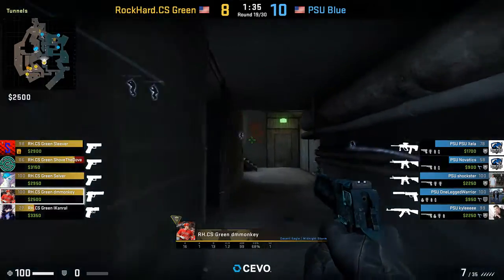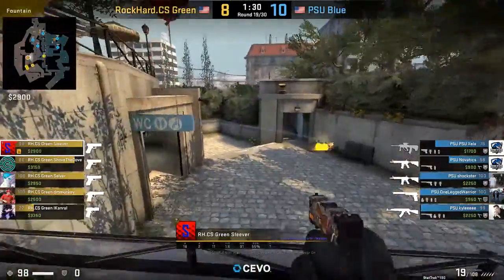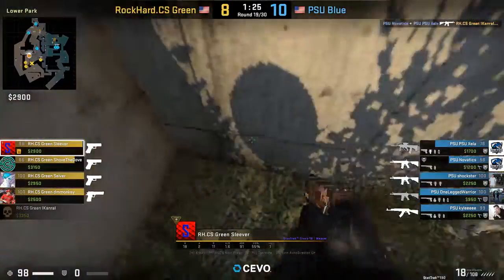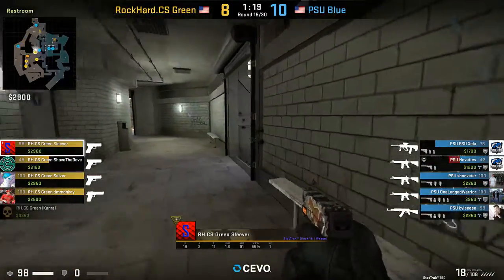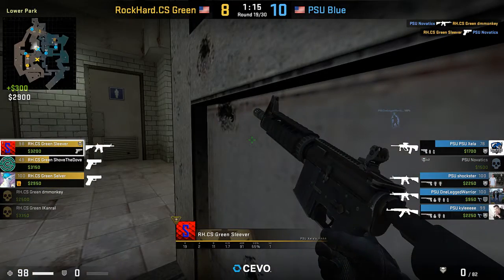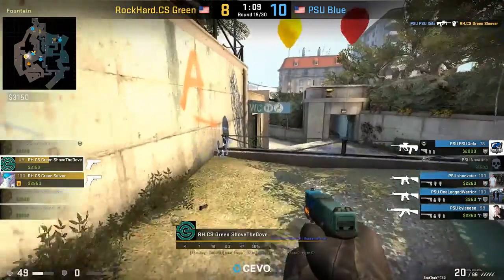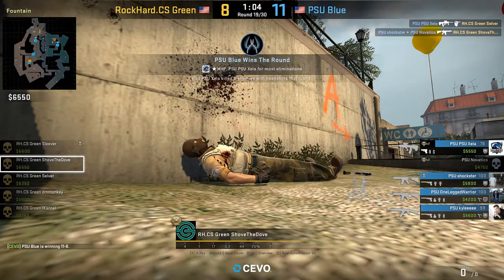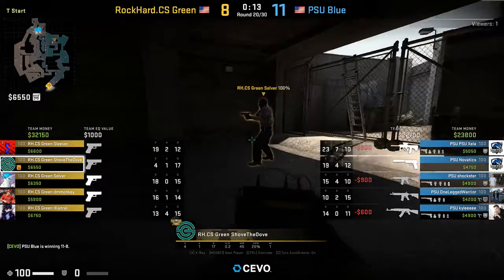Zella and Novatix are taken down to 58 and 78 HP. Sleever wants to be as aggressive as possible with that Glock if he's going to have any chance. He drops the bomb. Shockster spots him. Oh, excuse me, that was Novatix. Sleever's not going to realize that Zella was there. And that's just another round getting picked up for PSU Blue. 11-8. 4 more rounds and we have game point here. Let's not have it happen